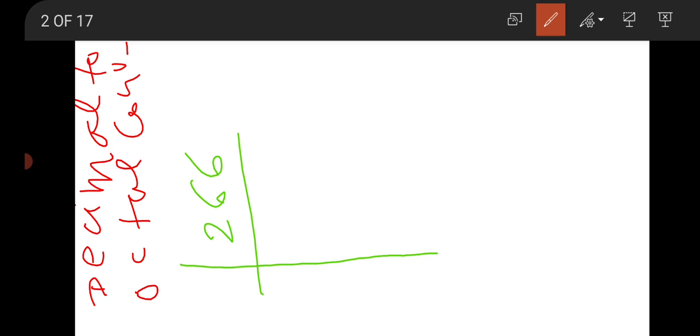Now if we are going to convert any number from decimal to octal, then first of all we have to write that number. Suppose that we are going to convert the number 266. If we were converting it from decimal to binary, we would divide this number by 2, because the base of the binary number system is 2. But now we are going to convert it into octal, so we have to divide it by the base of the octal number system, and the base of the octal number system is 8. So we have to divide it by 8, and we have to write the remainder on the right side.